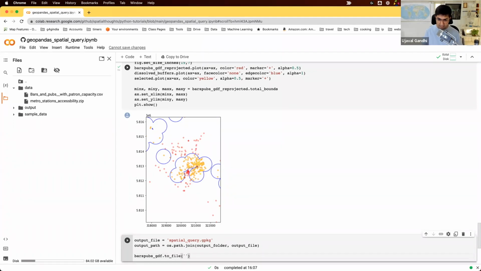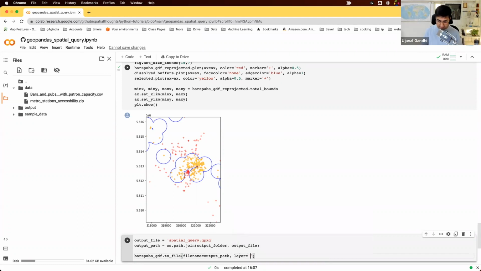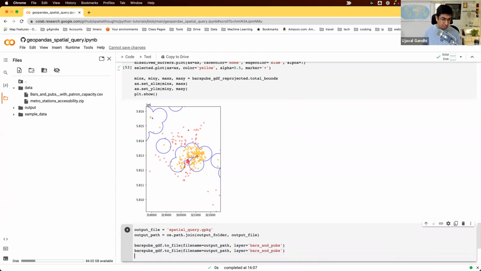We're going to write it to the file name, which is our output geo package. And since it's one file containing multiple layers, we need to give the name of the layer. So bars and pubs,